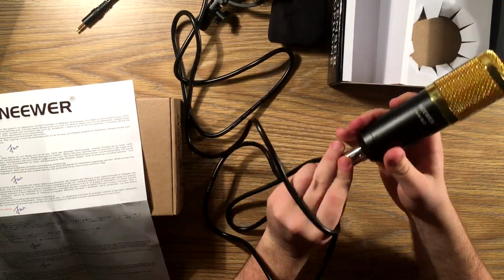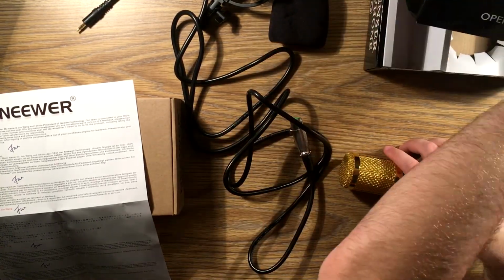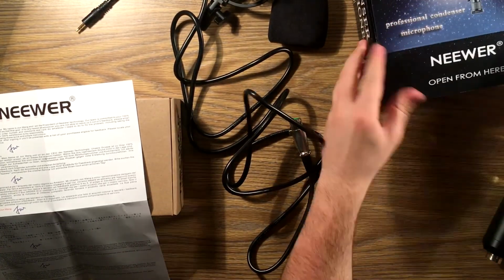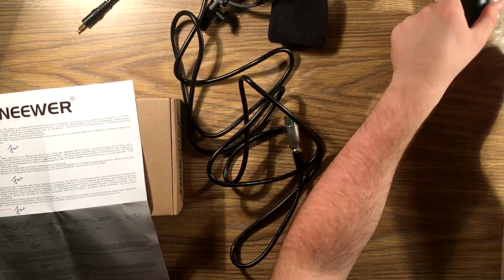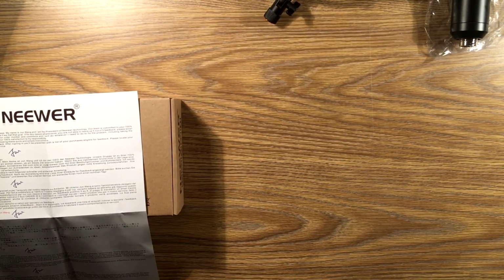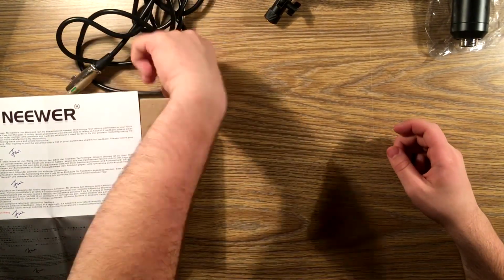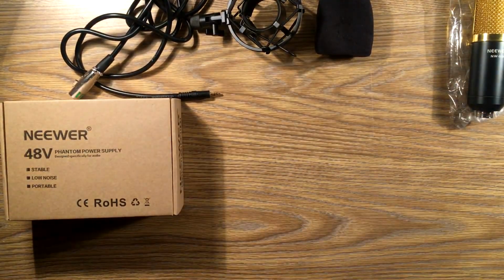So also in the box came a XLR to XLR cable to run in. No, I'm sorry. In the box it came with an XLR to 3.5 millimeter cable, and along with this, let me just read off of the paper. On the one side of the instructions, it's just a thank you in a bunch of different languages or something like that. But for those of you who care, it's the